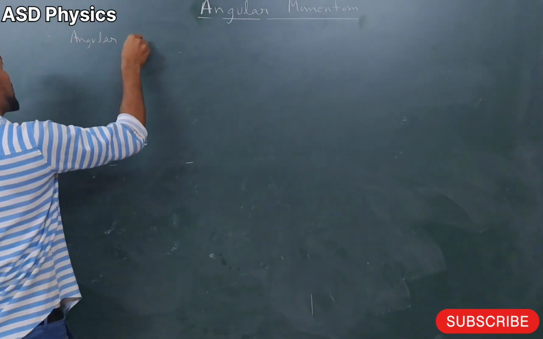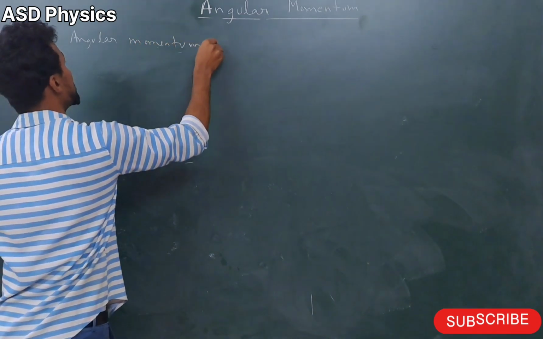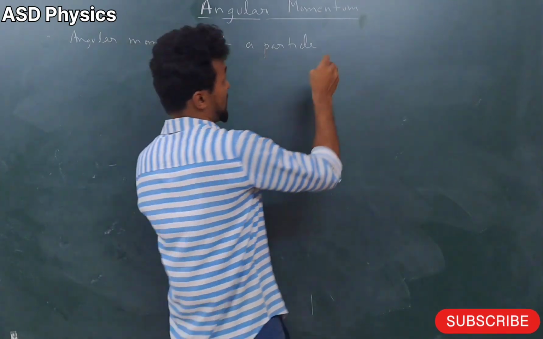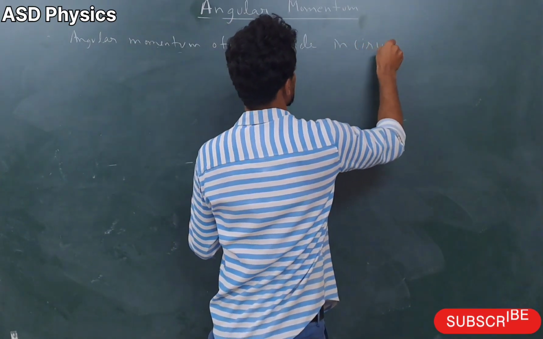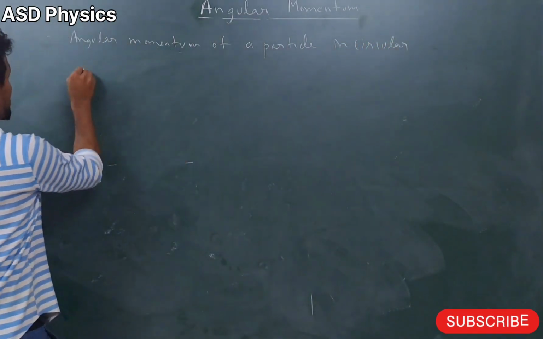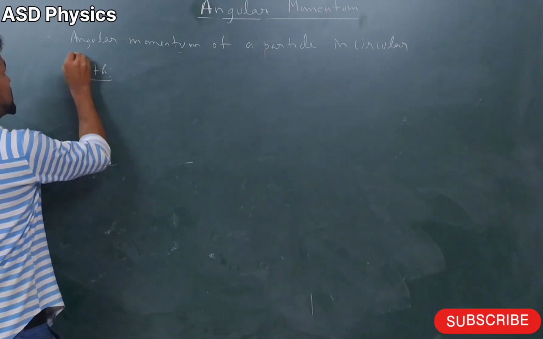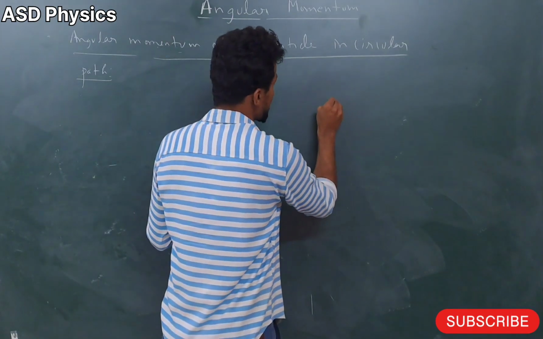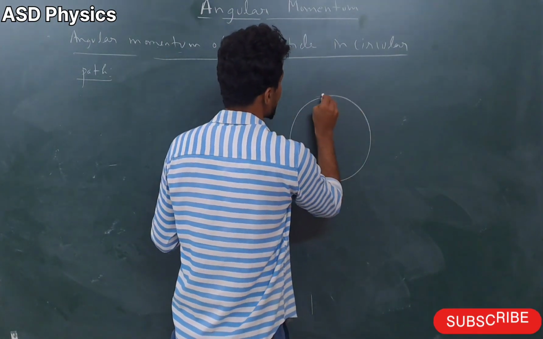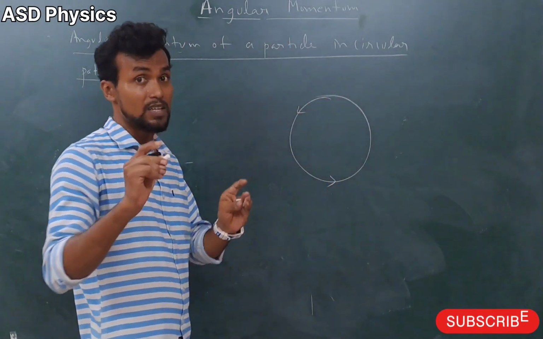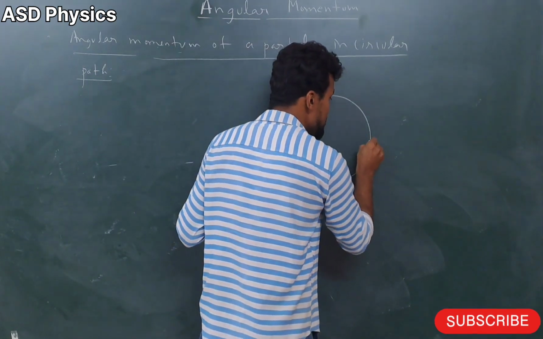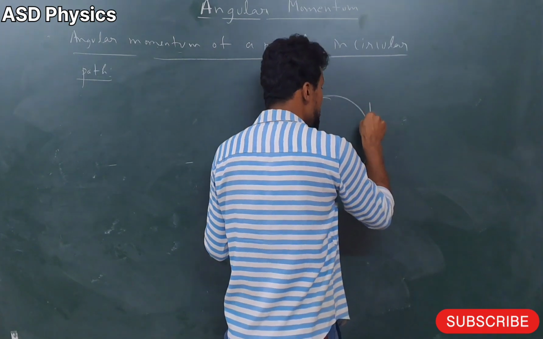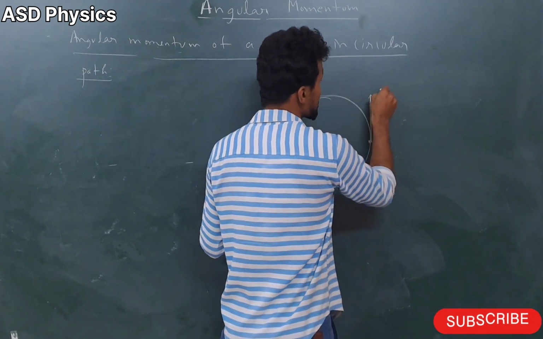Okay, so dear student, just see here, angular momentum of a particle in circular path. Now let me teach you. This is in circular path. So see this angular momentum of a particle in a circular path. Here one particle is there that is moving in which path? Circular path. At any instant, if the particle is here, you know very well momentum in which direction? Instantaneous momentum is along the velocity. So this is the momentum.